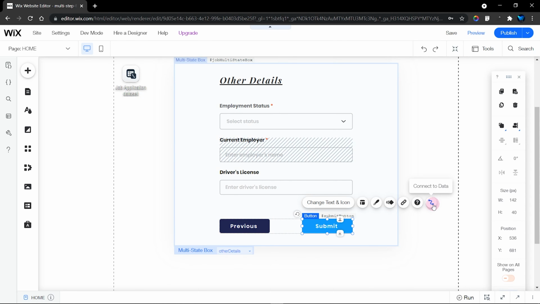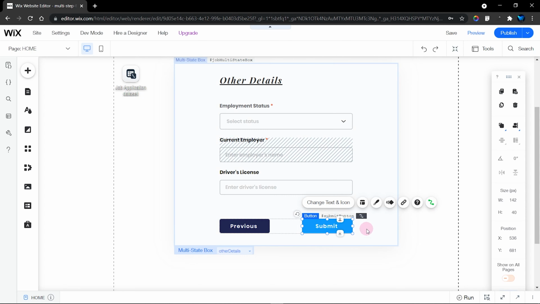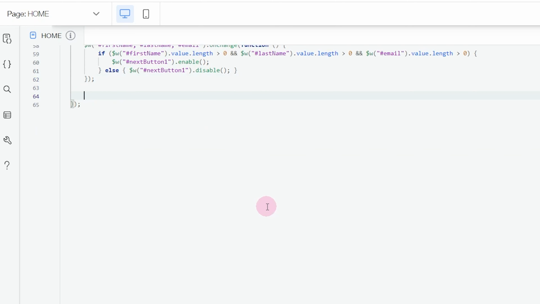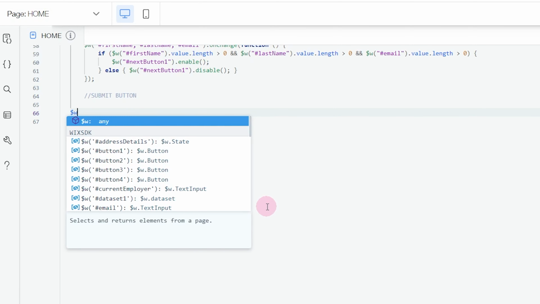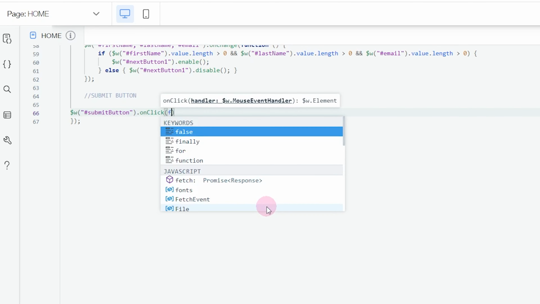Right here we haven't connected that, so we need to connect this to click action, which is submit. All right, so we want to do a little bit of coding for this section as well. Okay, this is going to be very easy. So what we're going to do here is we're going to move another step, and then we're going to use this submit button. So we're going to come over here, and we are going to say that when we click on this submit button, which is the onClick function over here,